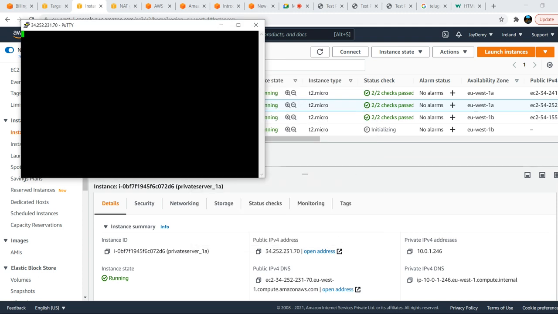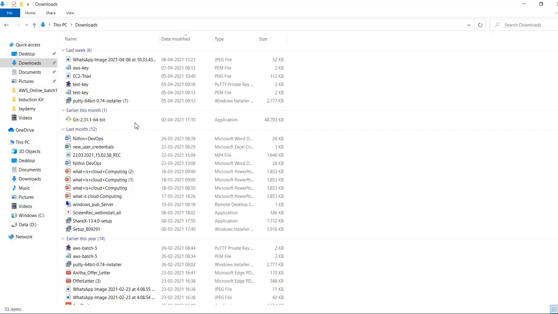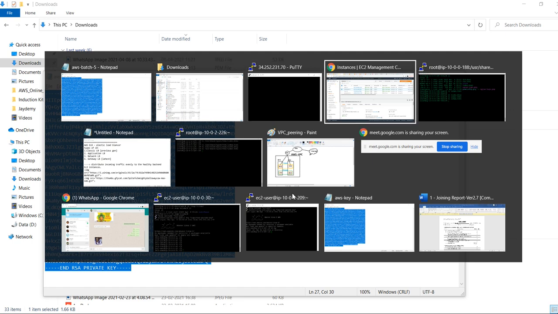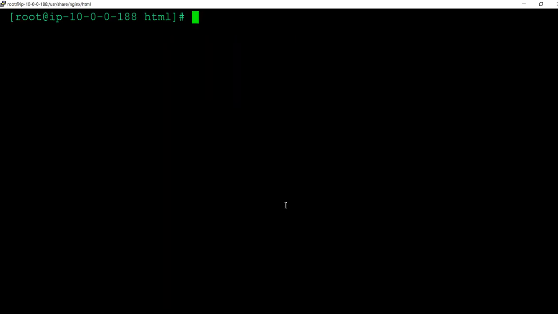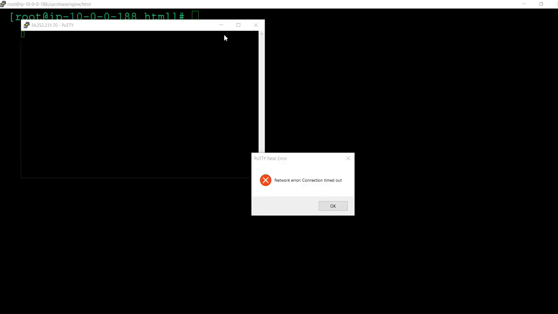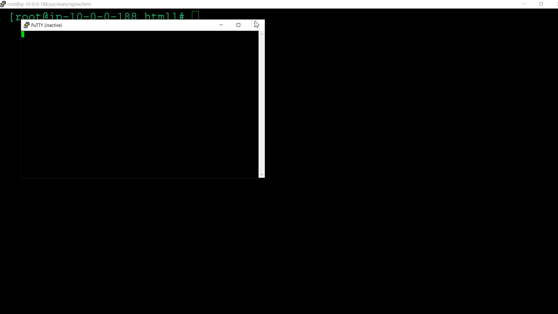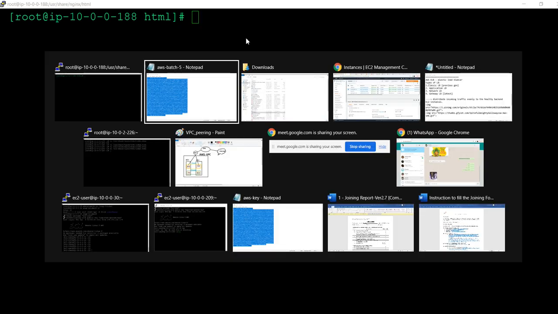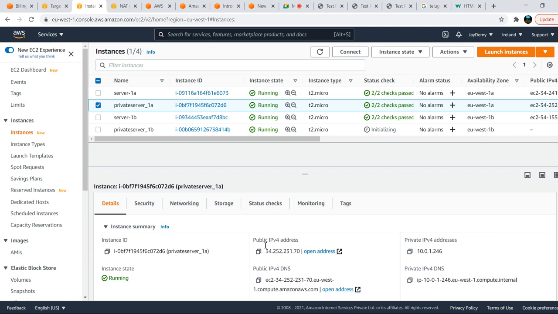Meanwhile, I'll copy my key. Where is my key? Yes, this is the key. Ctrl+A, copy. I will log into that server with the help of one of my existing EC2 machines. As I said in the last class, this is a connection timeout. We can't connect to the public IP when our servers are running in the private subnet; it's useless. Just for your understanding, I gave the public IP. It is not required. We need to connect to the private server with the private IP only.